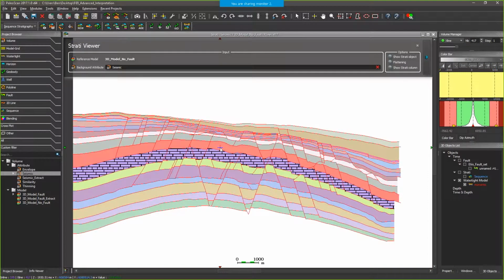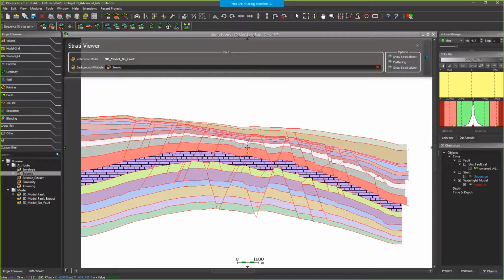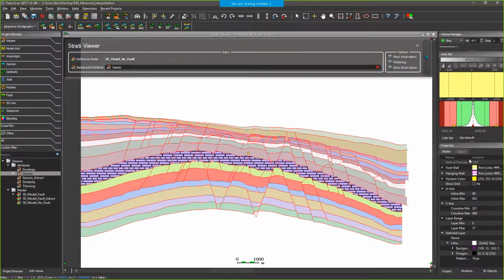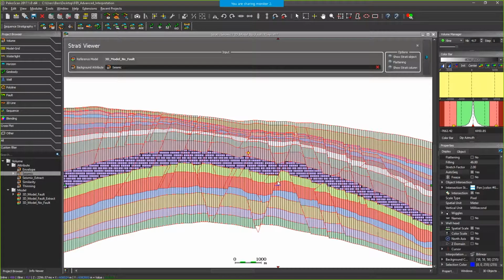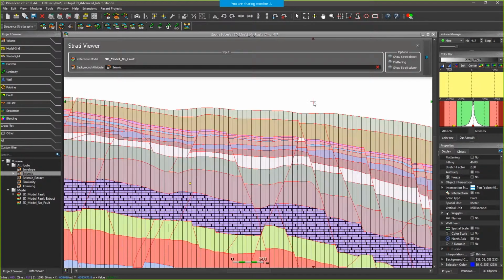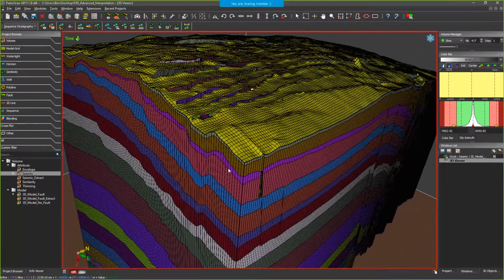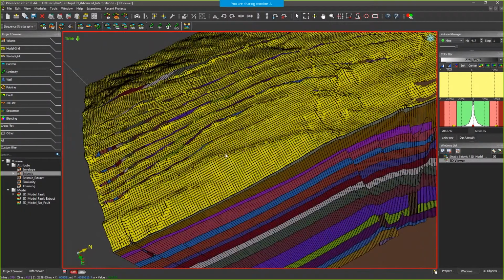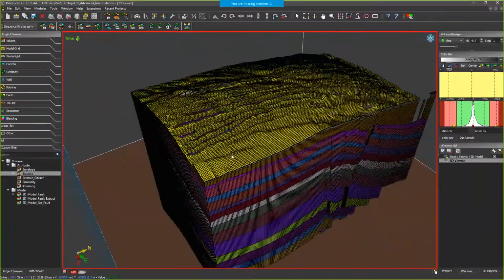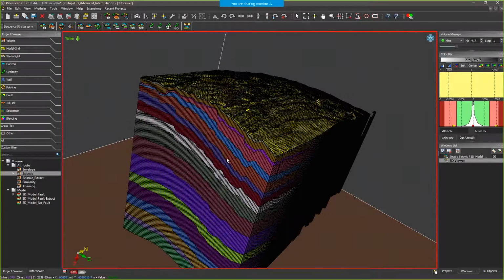First of all, if I select my watertight model, selection mouse mode, and then I just have to double click like this. I have access to the properties of my watertight model, and one of the properties is show grid. I can activate it, and as you can see, I have a gridding display directly on the 2D viewer. If I display the 3D viewer now, just to show you, I have all the gridding, all the cell display for my watertight model.